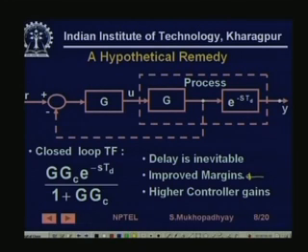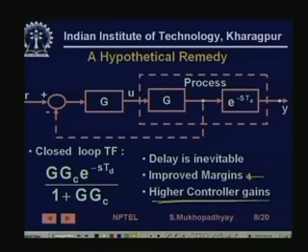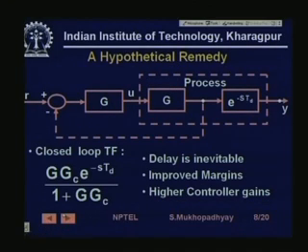So my margins would not degrade, and therefore I can use higher controller gains so that I can improve transient response without worrying about the additional stability constraint imposed by the delay. So that is the problem. So then how am I going to do this? So to do this,